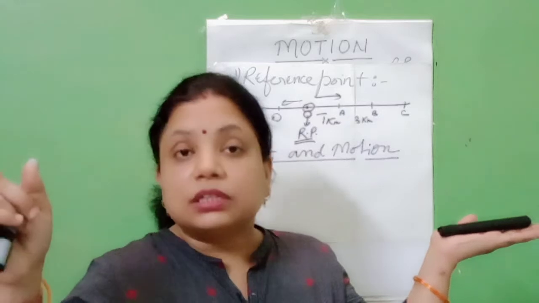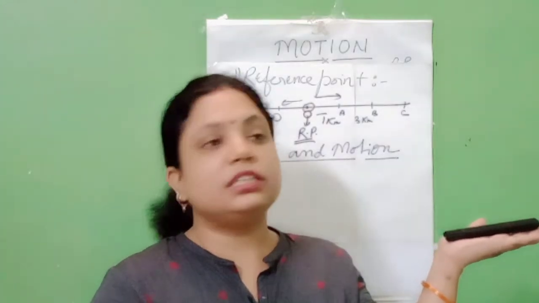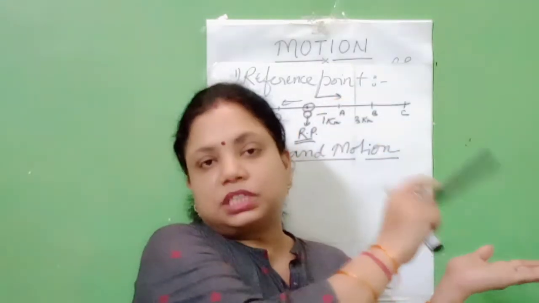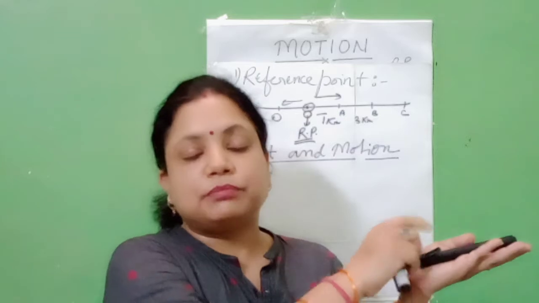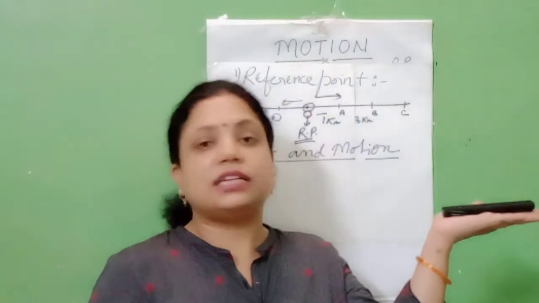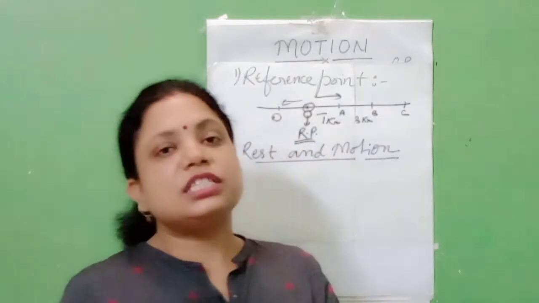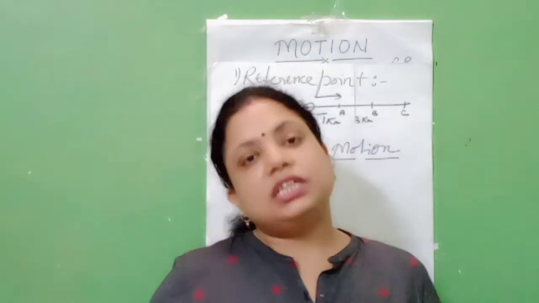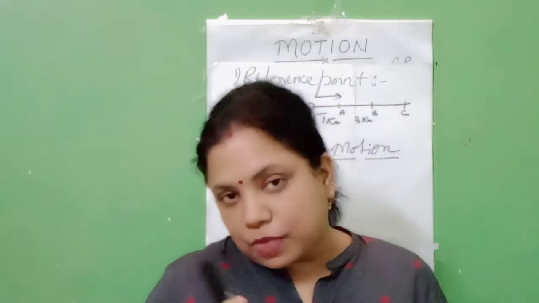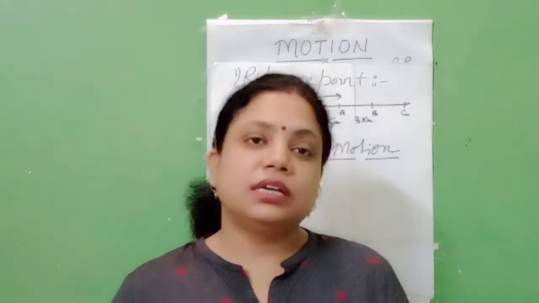It will remain at rest with respect to the table until another person disturbs the pen. When another person touches the pen and picks it up from the table, the position of the pen will change. But if the pen is on the table, it means the pen is at rest with respect to the table. Fine, students. So rest means that an object will remain at rest if there is no change in its position with respect to the reference point as time passes.